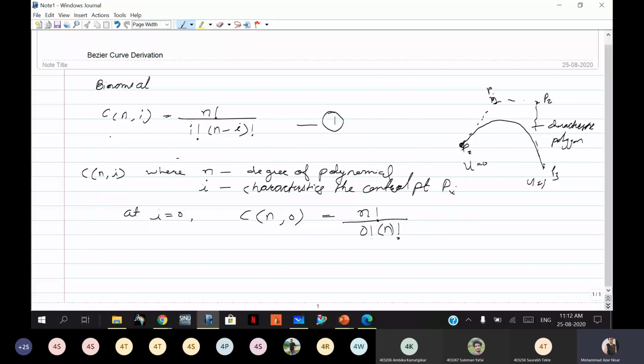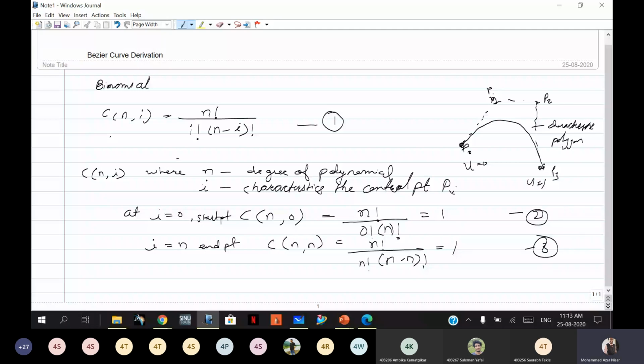Then if i is equal to n, that is this end point, with a number of points in between, this is the end point, this is the start point. Then C(n, n) equal to n factorial divided by n factorial times (n minus n) factorial. Again the value will come to 1. Suppose this is equation number 2 and this is equation number 3. Then what the Bezier curve defines is that,